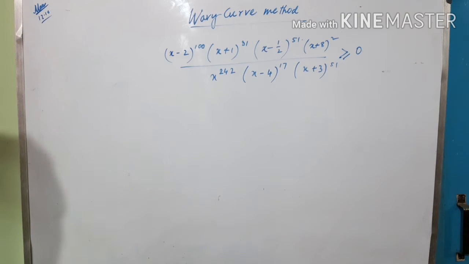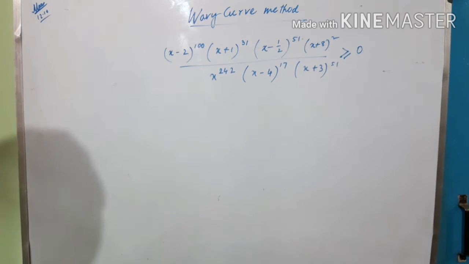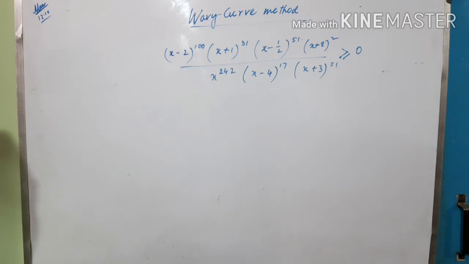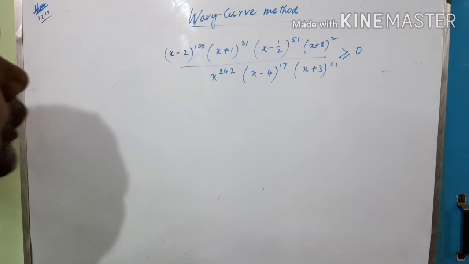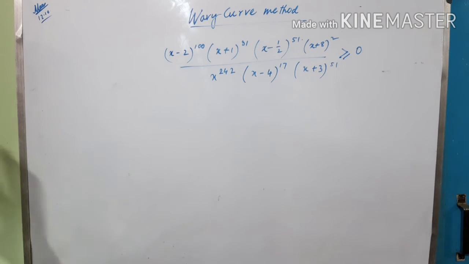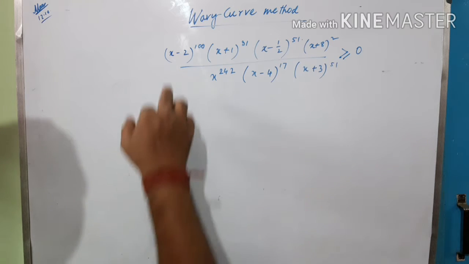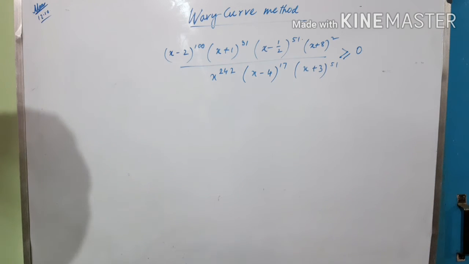Now let us try to understand the process of wavy curve or the method of wavy curve with the help of an example. Now see that here we are given a rational polynomial and we want to see where in the real line the expression is positive or equal to 0, that is greater than equals to 0, and by using this we can also find where it's less than 0 or less or equals to 0. So the first process is that when the numerator of the expression is 0, it's called the 0 of the expression or the roots of the expression. Clear? When the numerator of the expression is 0, that is at, you can see the point 2, at the point 2 the numerator of the expression is 0.